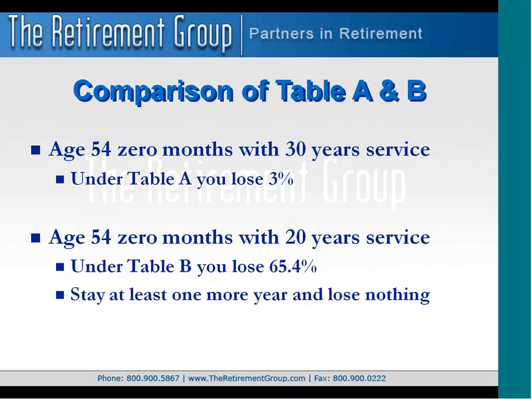So this slide just goes over what we just talked about. The person who's 55 with 20 gets 100% of their pension. 54 with 20 is... Right. And then there you have it explained. I said that slide explains the previous slide a little bit more. Yeah. On Table B, lose 65%. Exactly. And if they have 30 years and